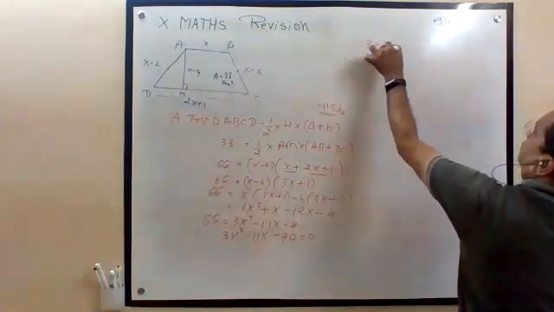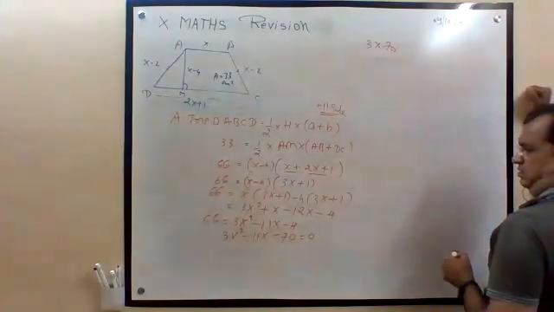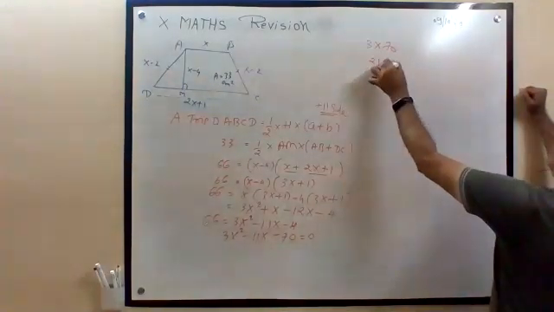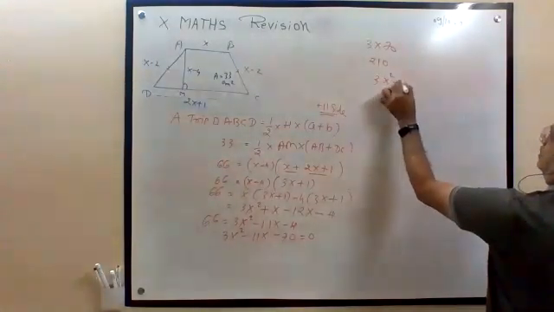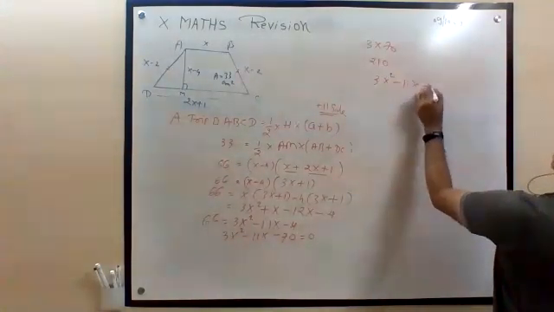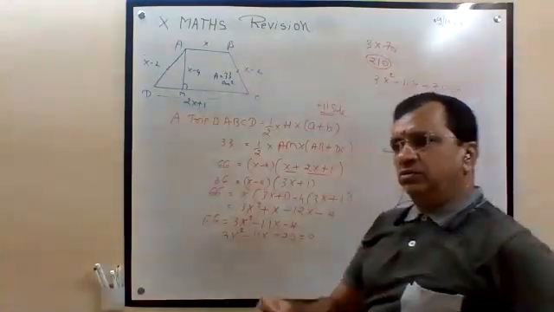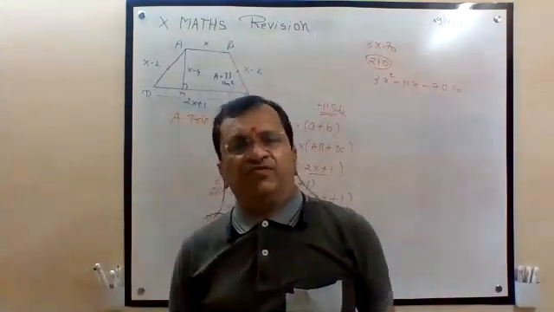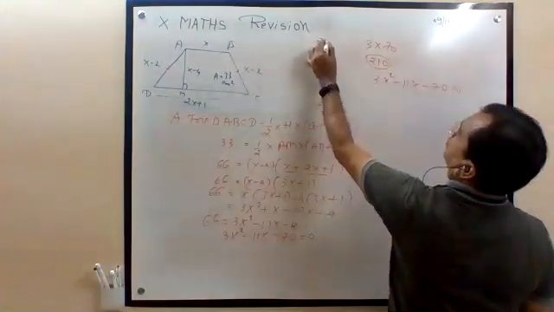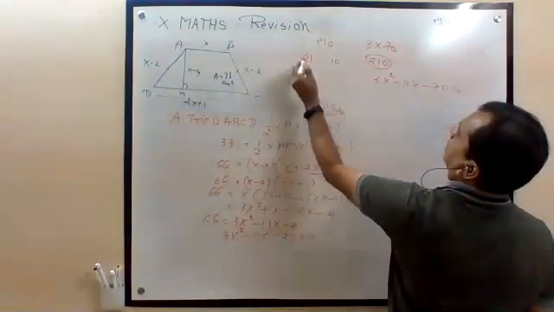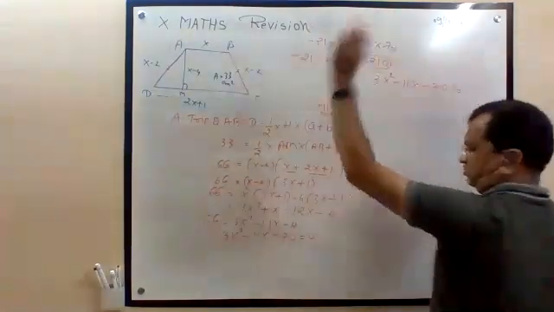Now 3 into 70 and we want 11. 7 3s are 21. So it is 3x square minus 11x minus 70 is equal to 0. I told you how to get the first factor. When there is a 0 in the unit place, it is very easy. So 2, 1, 0, so 21 and 10. This is minus, this is plus, so the difference is minus 11 and the product is minus 210. Simple.